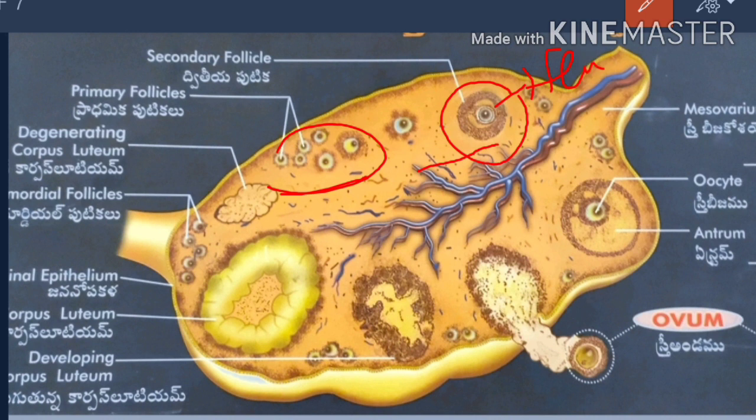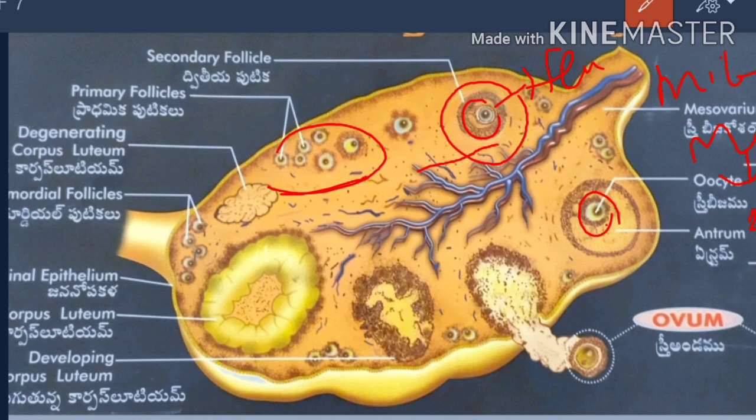Each follicle contains only one ovum. See, this is one ovum, and this is also one ovum. The ovum is produced by the first phase of meiosis, meiosis 1, which we already learned in this lesson. Cell divisions are of two types, mitosis and meiosis. Mitotic division takes place in one phase, but meiosis takes place in two phases. The first phase is completed with the formation of the ovum. The second phase we will discuss later in this video.